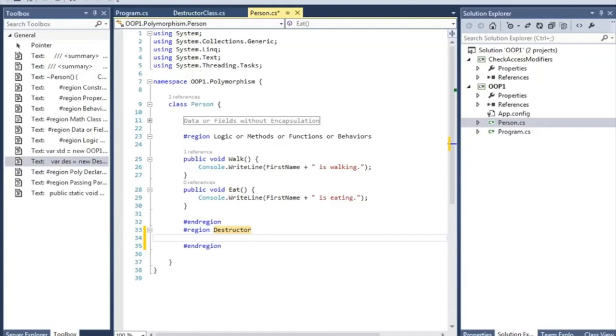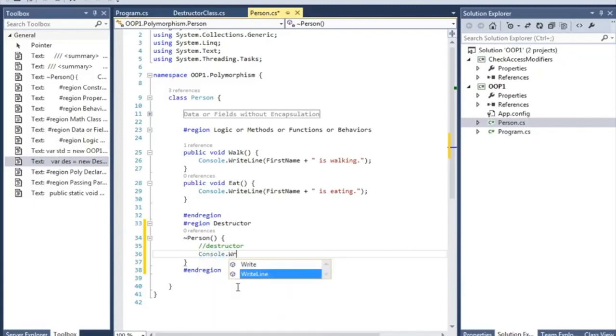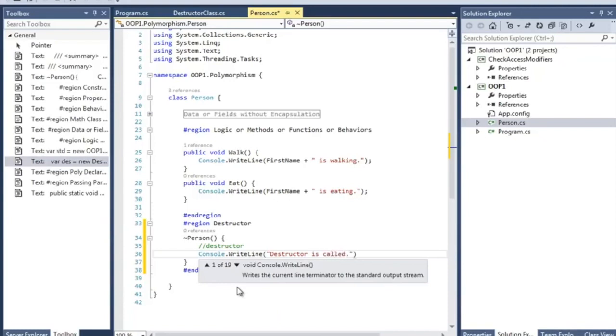To write a destructor, you have to put the tilde sign. I call it the tilde sign. I really don't know what it's called, but remember that it's called the tilde sign. So whatever it is, put this and then write your class name. And that's it. That's your destructor. So if you have a huge list, you should clean up your list, but for now we're going to just print out that destructor is called. That's it.